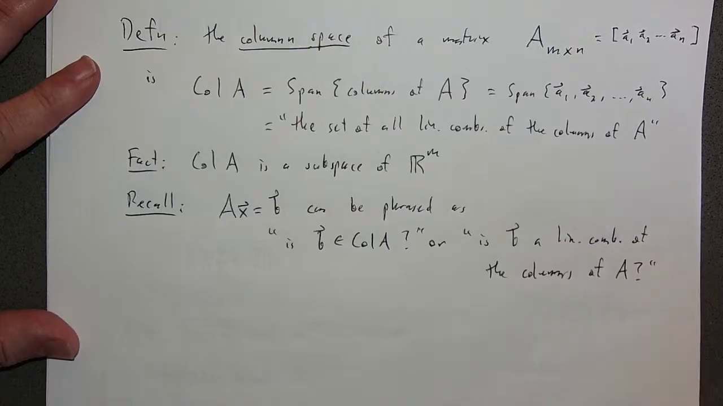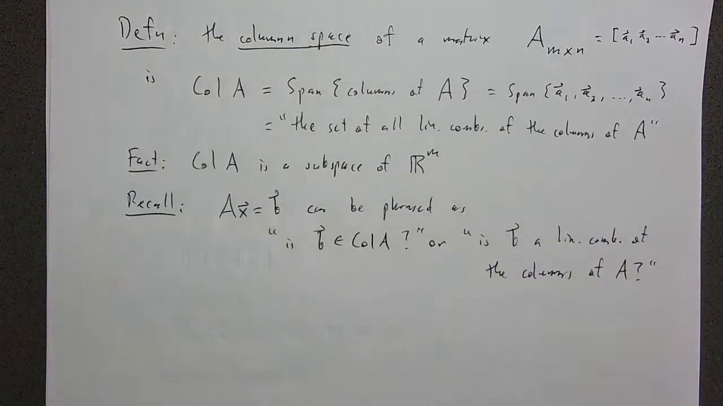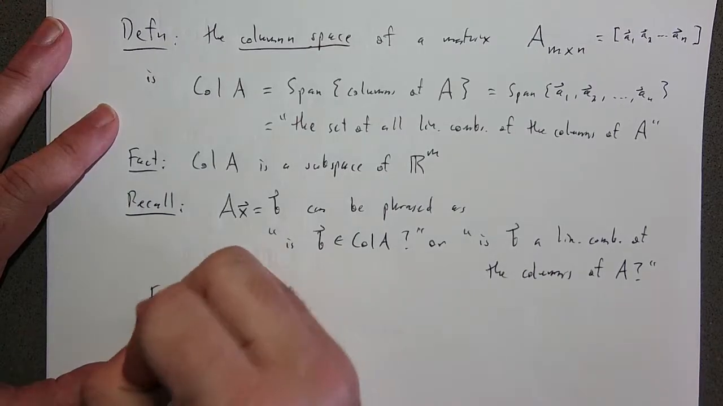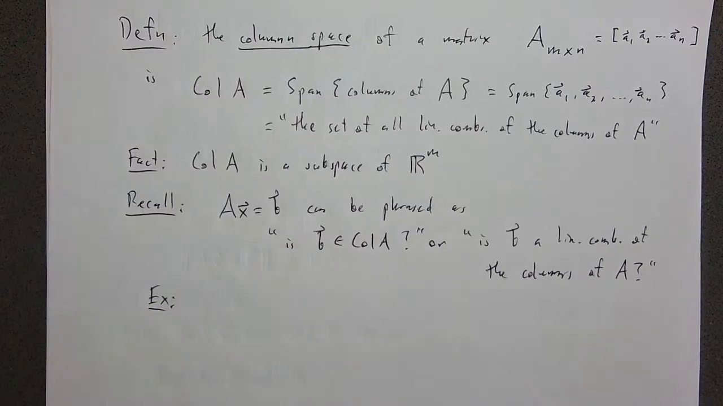I asked this question yesterday in our review session. So is B a linear combination of columns of A? Finding a solution here is the same as answering this question. If there is no solution, then the answer to this is no. Okay. So a quick example here, and I'm just going to use the same example from the notes, which is